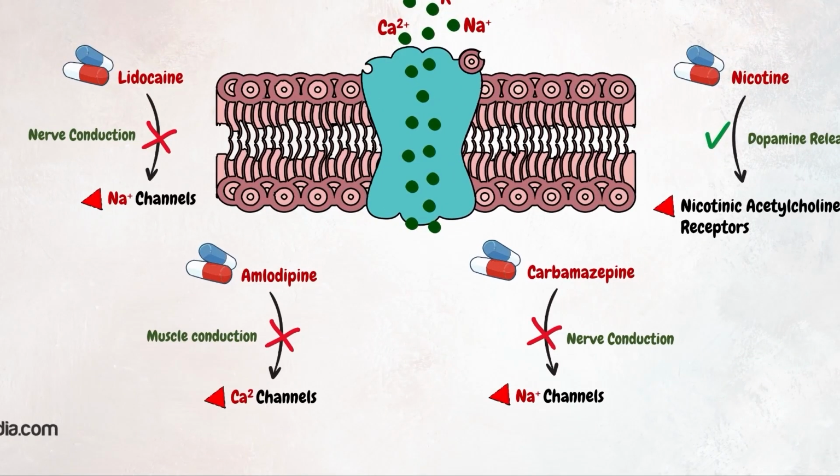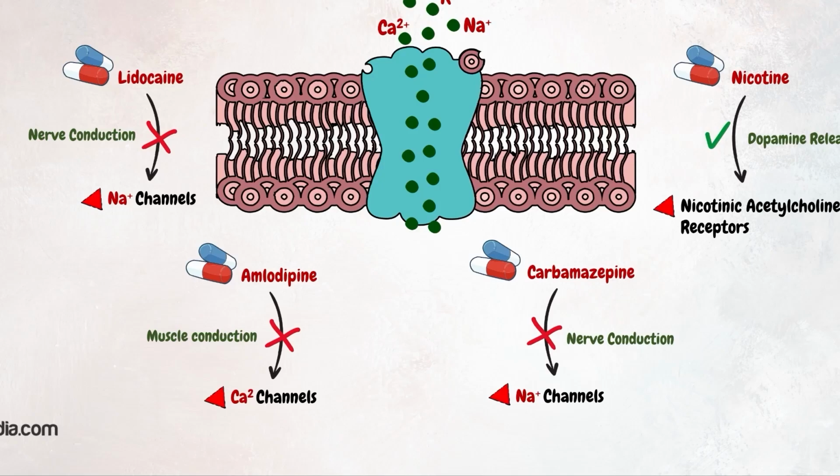Now, ion channels are also an important target for the development of drugs for neurologic and cardiovascular disorders. For example, drugs that target voltage-gated calcium channels can be used to treat hypertension, while drugs that target voltage-gated sodium channels can be used to treat epilepsy and other seizure disorders. So carbamazepine is used as an anti-seizure drug. What it really does is block nerve conduction via sodium channel blockage, and as a result,